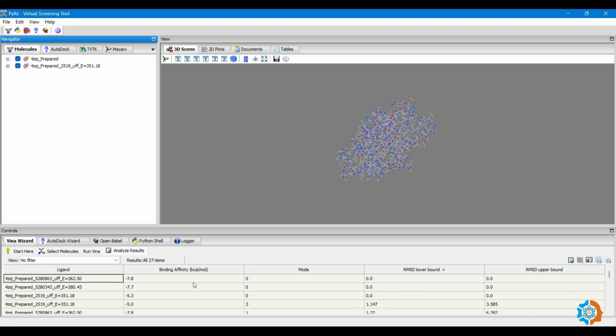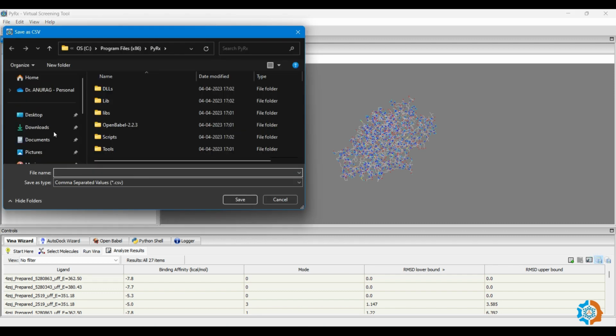The first 3 poses have 0 RMSD and the least binding affinity, that is minus 7.8, minus 7.7 and minus 5.3. You can save these results from this button, save as comma separated values CSV file. Click this button and save your results in your current directory.